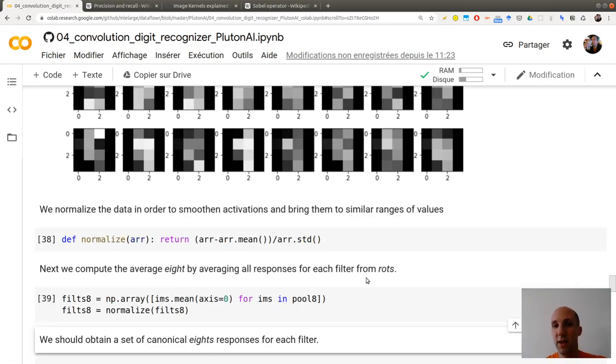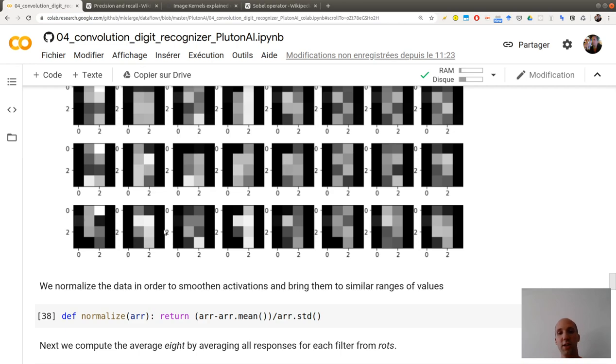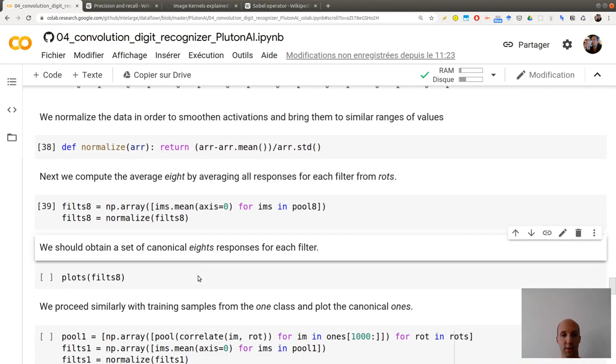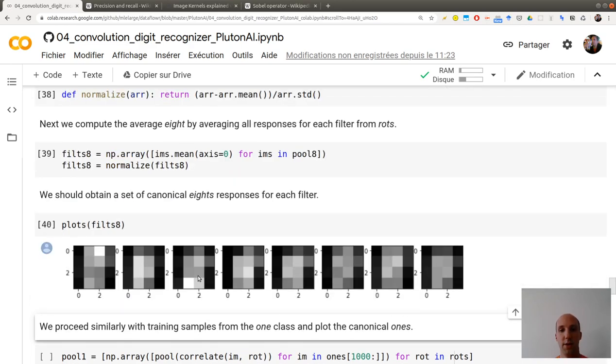Now I'm doing exactly the same thing as what we did before. I compute a representative of my 8 by averaging all the results for filter 1 with max pooling, all the results for filter 2 with max pooling, and so on. So this is what I'm obtaining here.